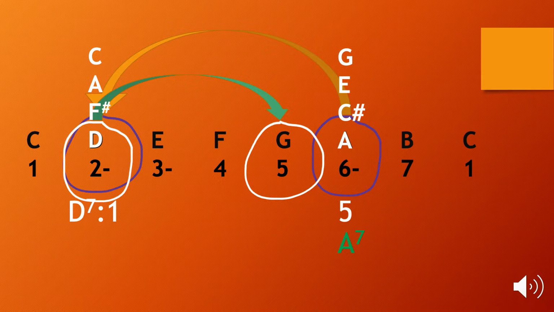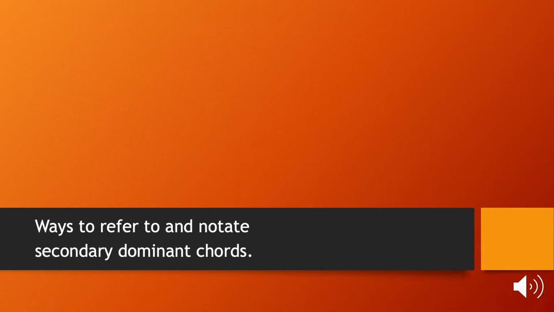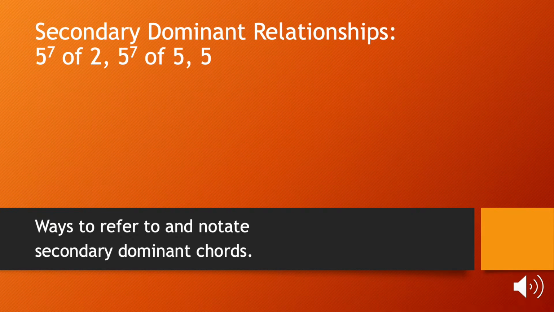So we would say that this is a 5 of 2, and then that is followed by a 5 of 5, and then that leads us to the 5. Okay, let's take a moment and just review how these are written. You want to refer to secondary dominant relationships. You'll say it's a 5-7 of 2, and then a 5-7 of 5, and then a 5, as we just talked about, right? If we were writing chords, we would just simply write an A7 chord to a D7 chord